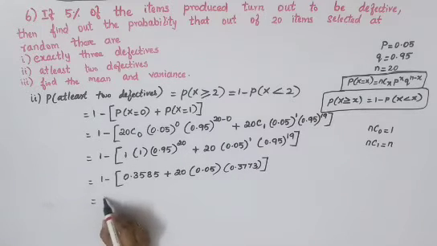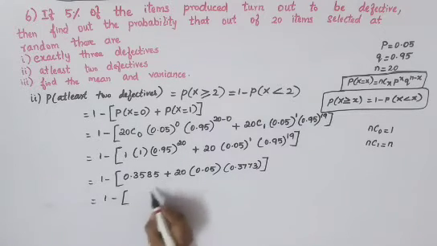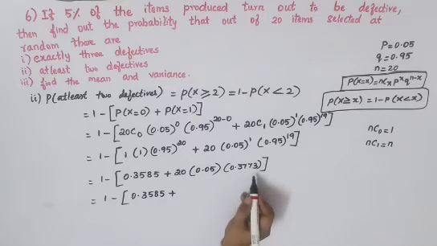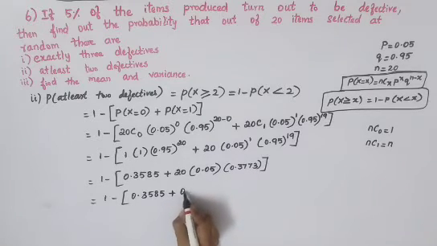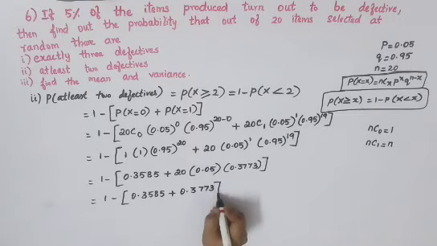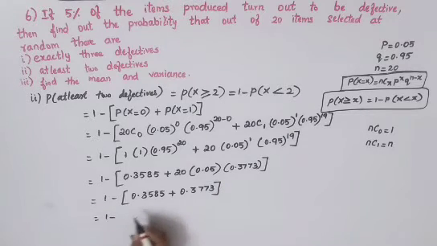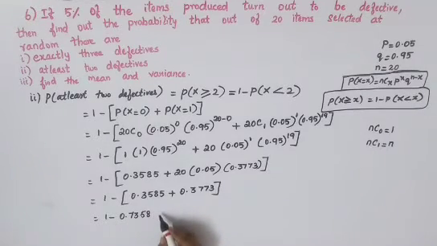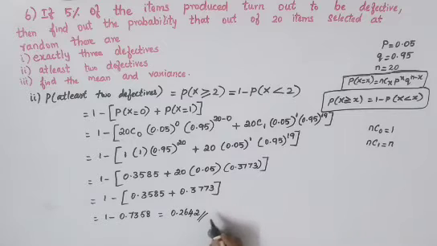Okay, so that is equal to 1 minus the first part as it is 0.3585. Now multiplication of all these terms will get your answer as 0.3773. So which is equal to 1 minus, adding these two terms will get it as 0.7358. Subtracting you will get your answer as 0.2642. So this is the answer for your second subdivision.